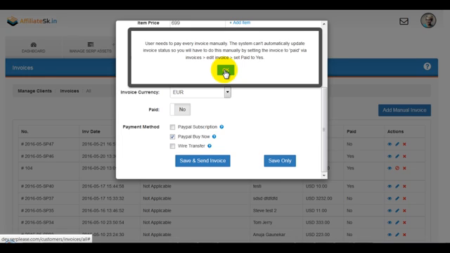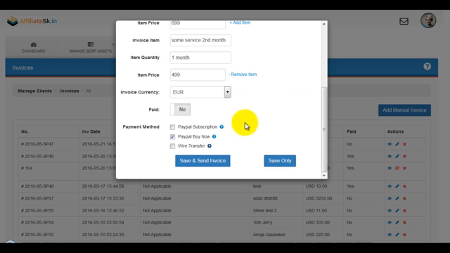So when it is paid, you will need to edit the invoice and set the status to paid manually. If you don't, the system will send out invoice reminder emails to your client, so make sure you don't forget to do this. Then, when you are all done, you can save the invoice or save and send.